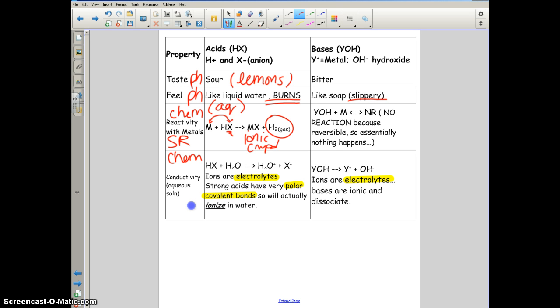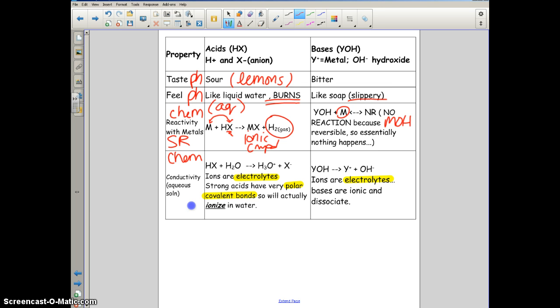But hydrogen can't live by itself, it has to be diatomic, so that's why it's H2 gas. The base in this case is going to be yielding, a lot of times we'll say no reaction because it'll yield a product. It'll make something like M, whatever this random metal is, hydroxide. But a lot of metal hydroxides are soluble and they're